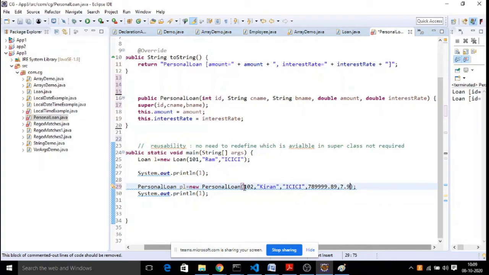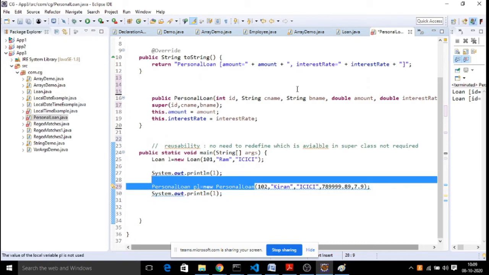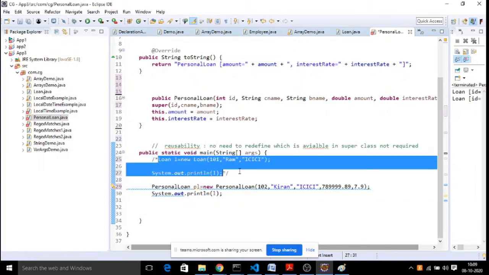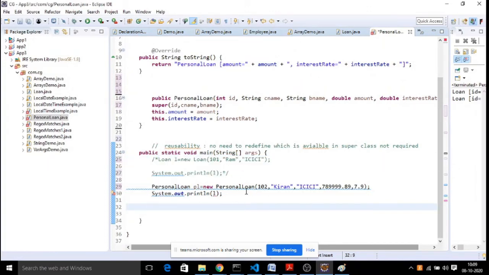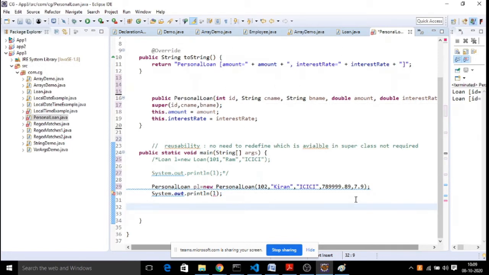Right, this is the data I am sending to my subclass object. Now when I send these details, this is the data available from my current class, but these three details are from the superclass. Without creating an object of loan, now I am able to access it. Now let me comment this. I am not going to use this, but with the subclass only I am able to call subclass parameters as well as superclass parameters.